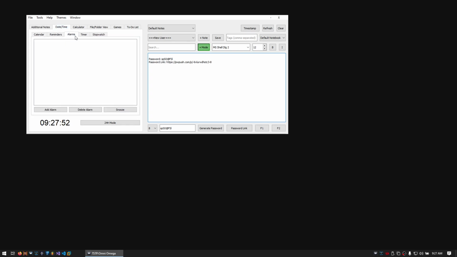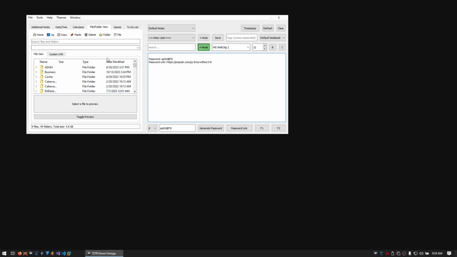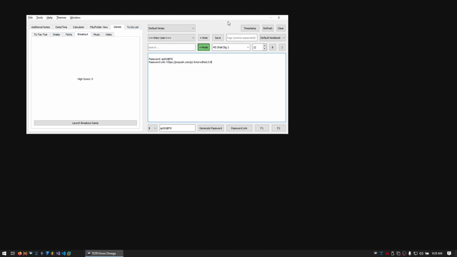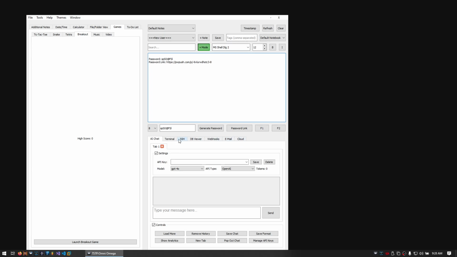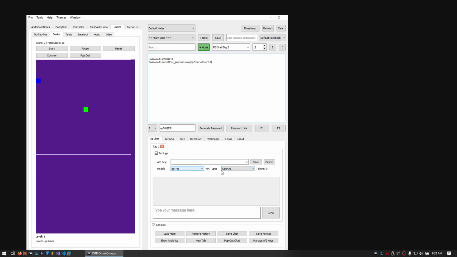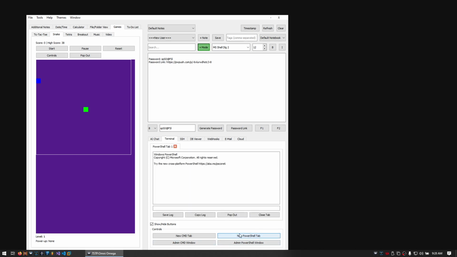with a reminder section, an alarm section, timer, and stopwatch section, a calculator, a file and folder viewer, and games. But it also has an additional section which gives you access to terminal tools, an AI chat that you can save that also works with OpenAI, Claude, Google Gemini, and Inflection PI, a terminal viewer for command prompt and PowerShell tabs,